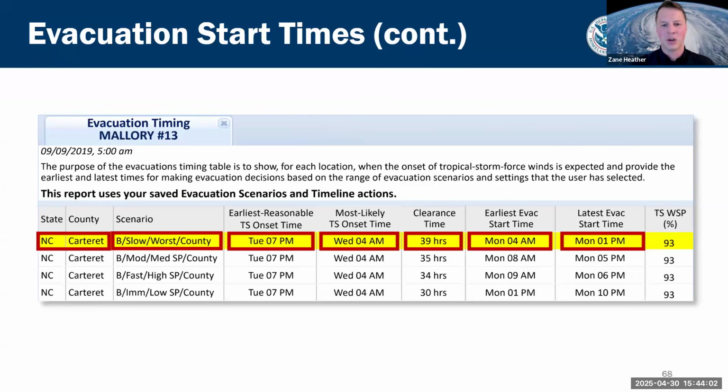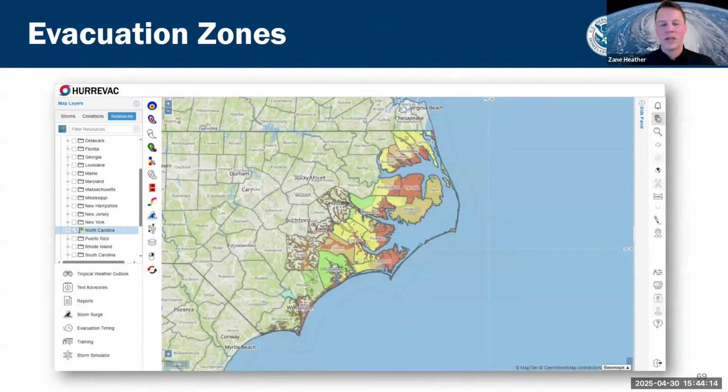This is HERVAC integrating not just the current forecast, but also the hurricane evacuation study information that you and your jurisdictions developed to provide this information to inform your decision-making processes. Some other information that's included in HERVAC to help inform your decision-making is hurricane evacuation zones. HERVAC is currently the only place that all of the hurricane evacuation zones for hurricane or tropical cyclone prone areas live. Various states and localities have different Know Your Zone campaigns, but there is not a catch-all repository for the most up-to-date hurricane evacuation zones by county and jurisdiction.